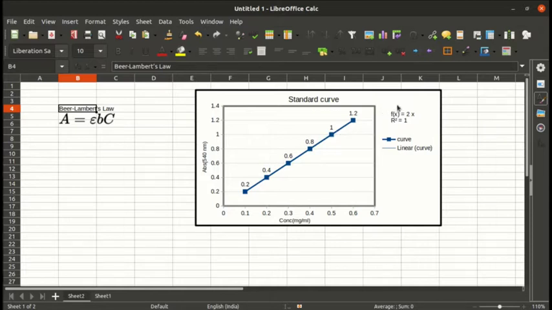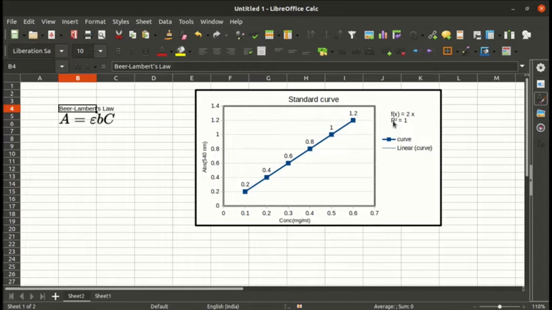Here onto the right, I have the equation for the curve, which is in the form of y is equal to mx plus c, because the curve is a linear curve. And then below that you have r square, which is called the correlation coefficient, and this value ranges from -1 to +1. -1 denotes a perfect negative correlation, 0 denotes no relation, 1 denotes a perfect positive correlation.